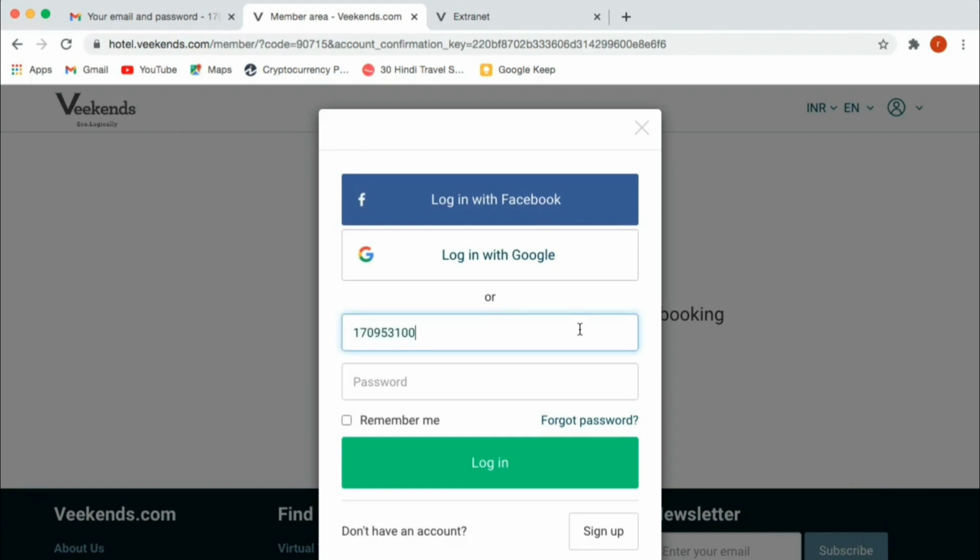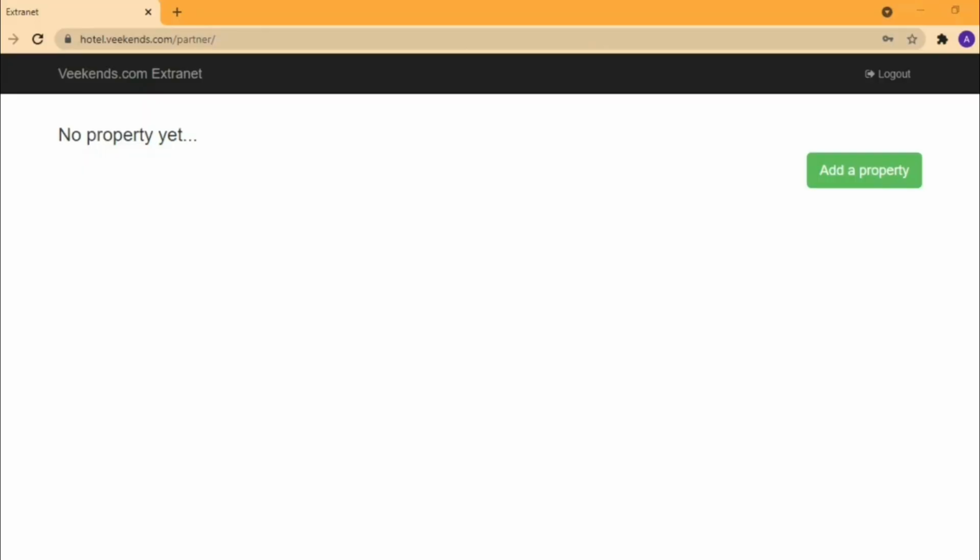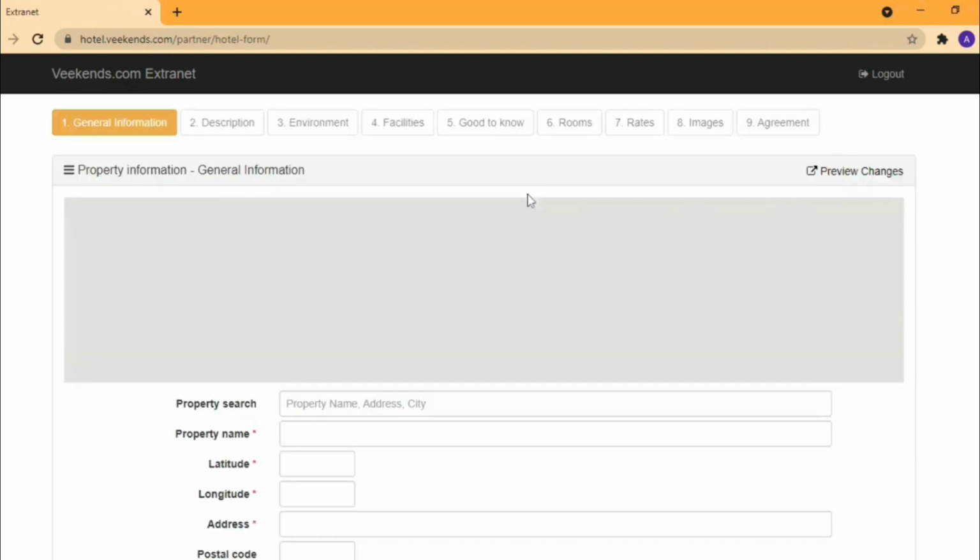For login, use the new password that you have generated. After logging in, you will see this page from where you have to add your property.